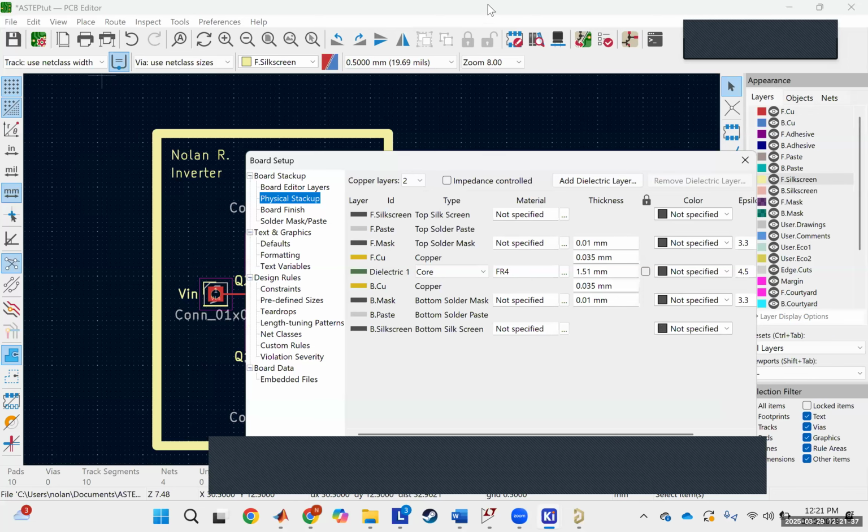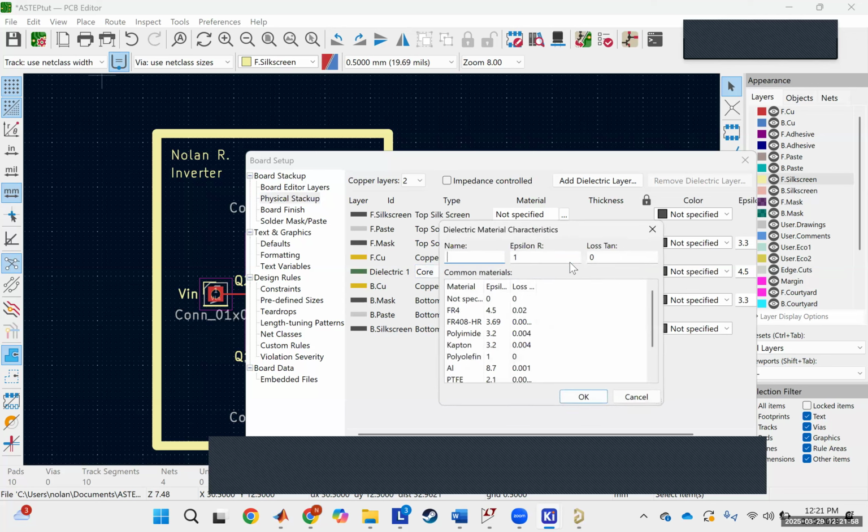Yeah, so you see here, it'll have the front silk screen, your front paste, your front solder mask. Your solder mask is the green part. And then here you'll see this one was called a 2-layer board because we have one copper layer, which is a signal layer. You'll have your dielectric there, which is FR4,